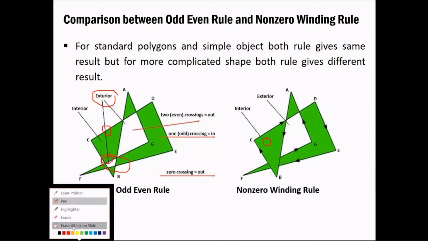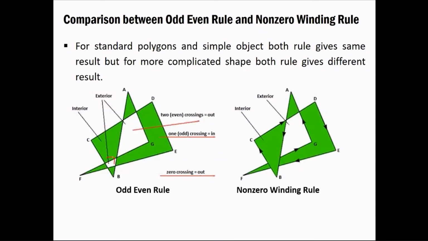You can clearly see that this is inside. If a point lies in this particular region, then you can easily say that this is the inside region. You cannot call it an exterior part, but based on the algorithm it is giving you an incorrect result. So that is what you have to keep in mind. If you are working with this kind of thing, it would give you wrong answers. Similar case is given over here.